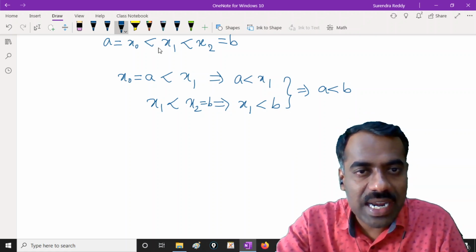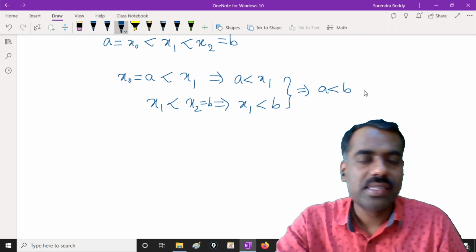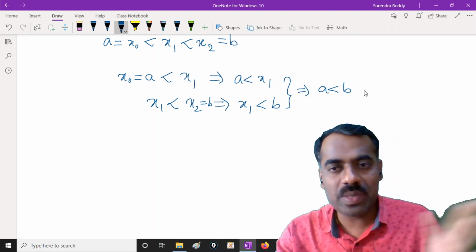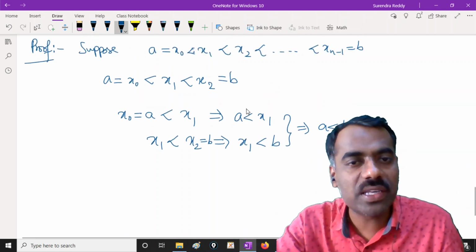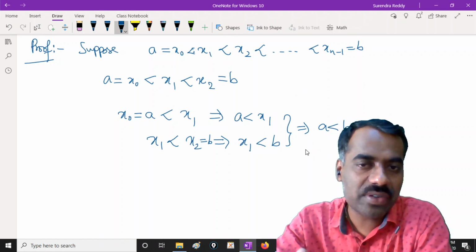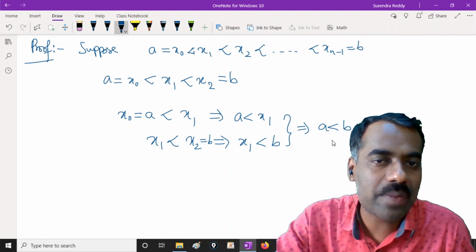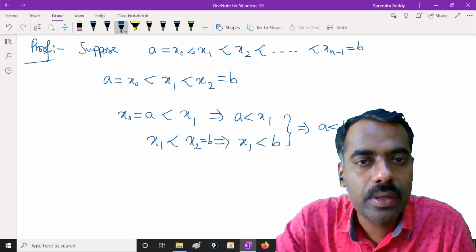See, you have to understand the covering relation and a normal relation, right? In a normal relation, in between there may be so many elements also. So this is obvious. What we are proving is actually obvious. If you already have a covering relation, then by simply applying the transitive relation, you will get a normal relation. Are you following? Are you connected? Hello?